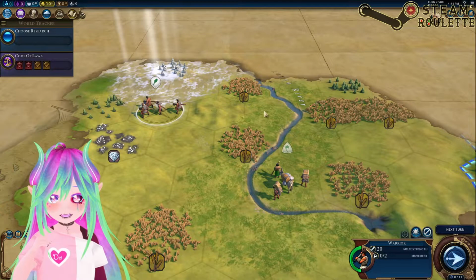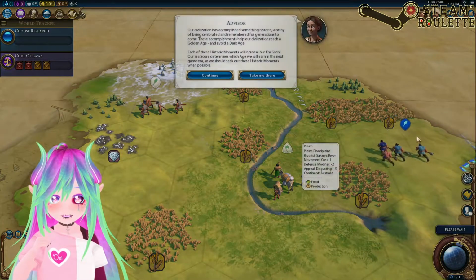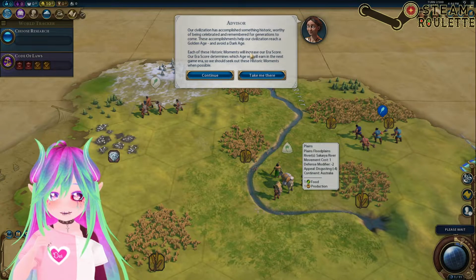We probably don't want our warrior too far away. I think it's limited what it can do right now though. Our civilization has accomplished something historic. Interesting. Being celebrated and